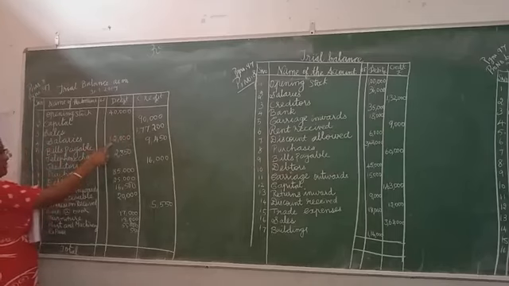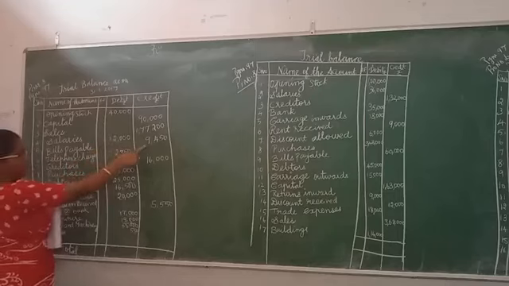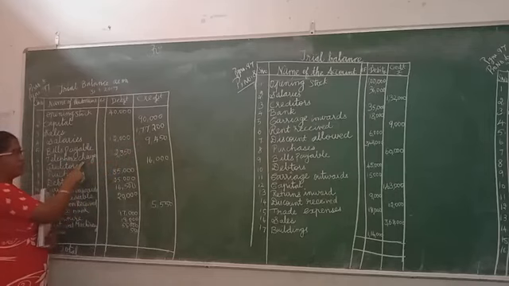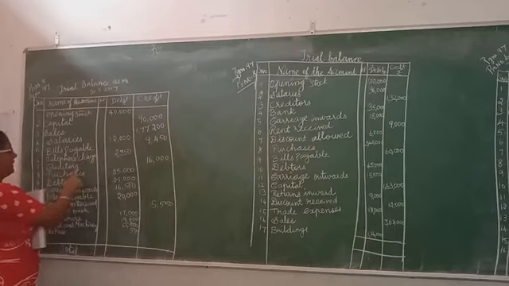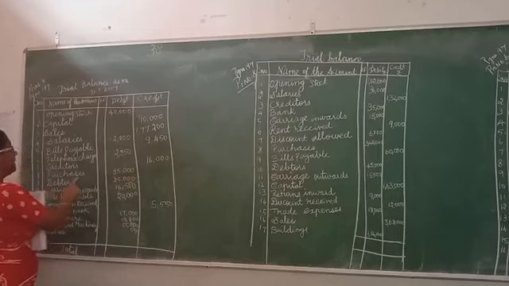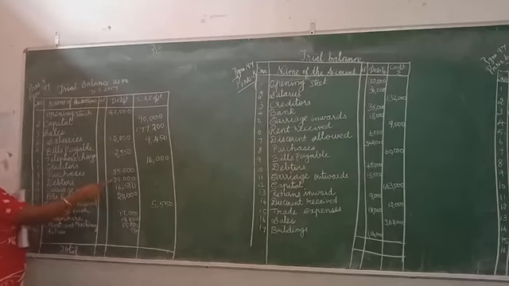Salary is a debit balance, an expense, so I have debited. Then bills payable is a credit balance, so I have to pay, so I have credited. Telephone charges, this is also an expense, so I have debited. Creditors, it is a liability to pay, so I have credited. Purchases, it is an expense, so I have debited. Debtors, debit, it is an asset for us, so I have debited. Carriage inward, that is an expense for me, so I have debited.